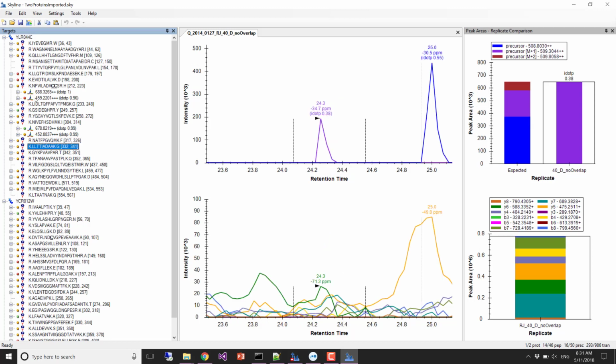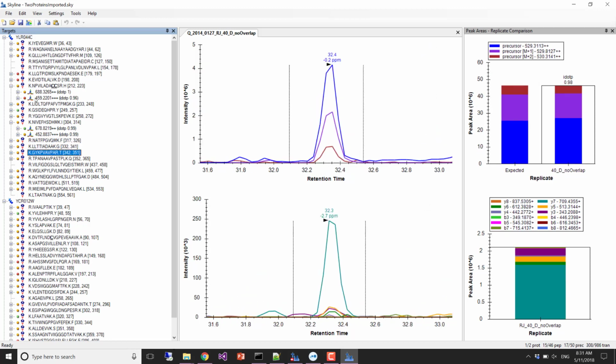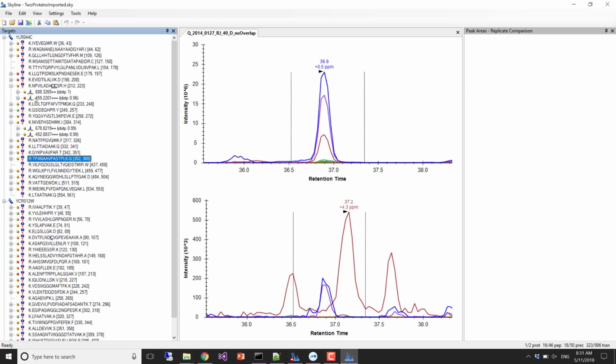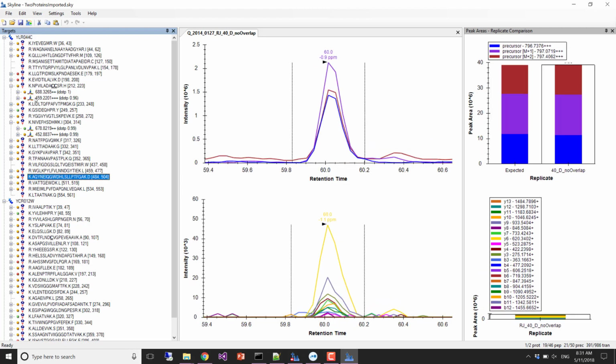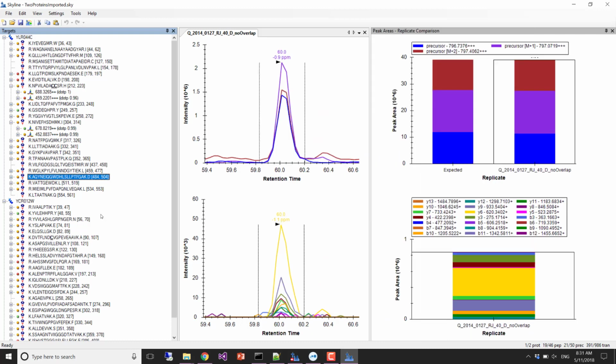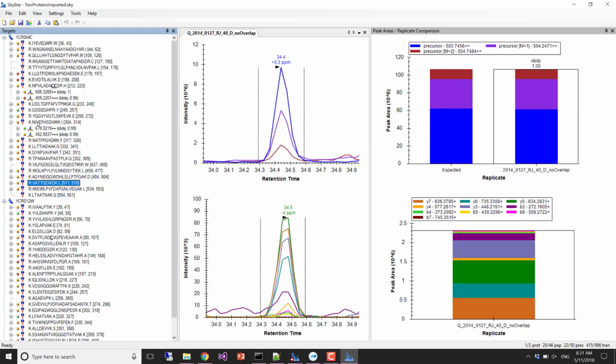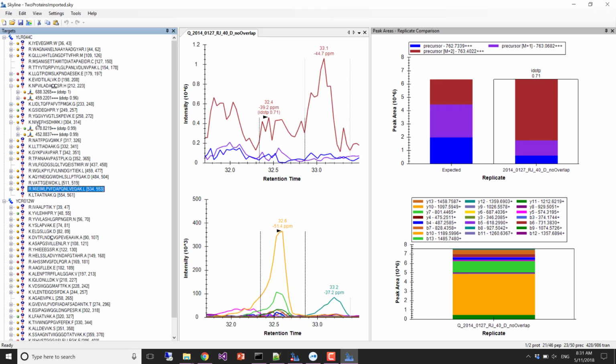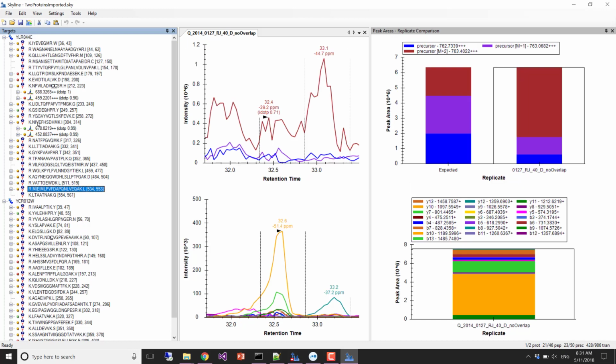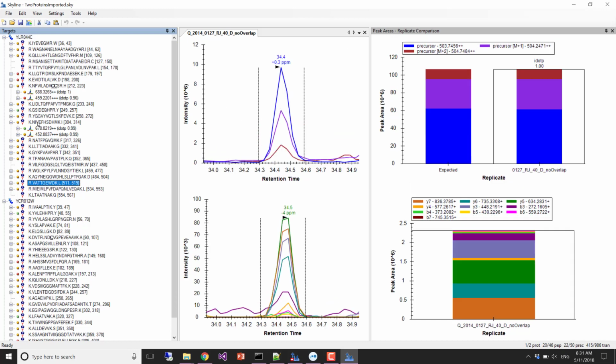There's definitely some nice and easy data here, and it might actually be enough if we just wanted to quantify this protein. This might be enough information to go out and quantify it, because I feel like there are enough peaks here that I would be willing to trust